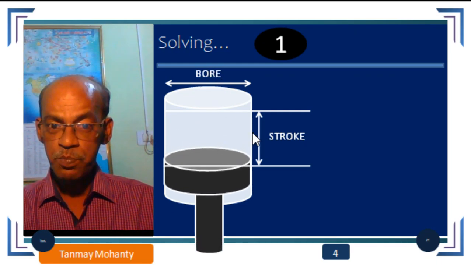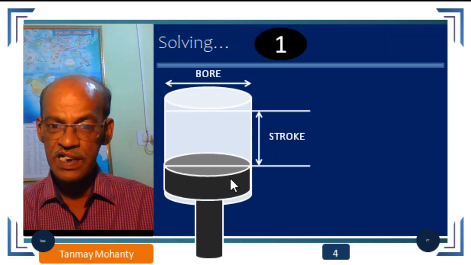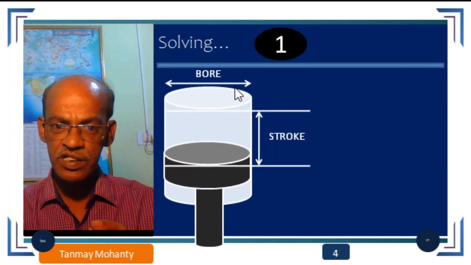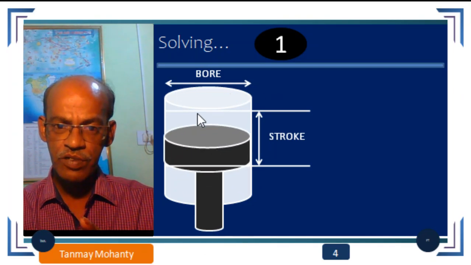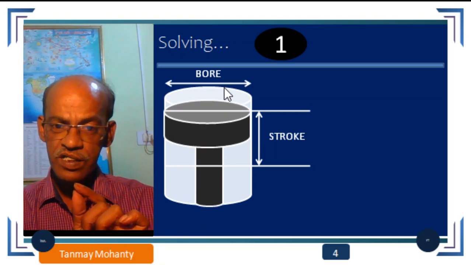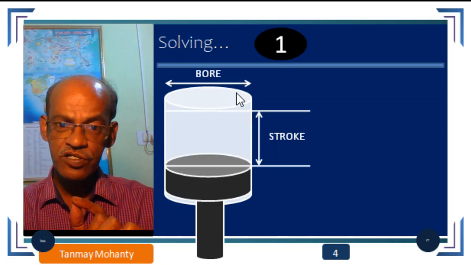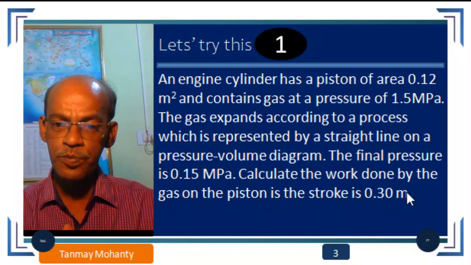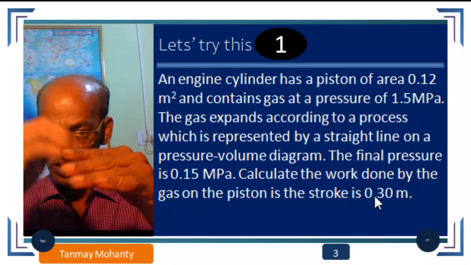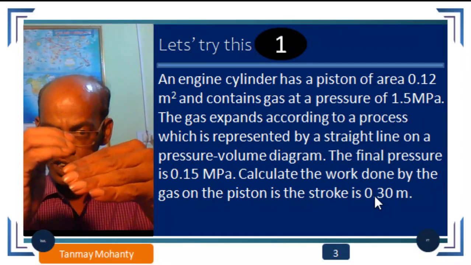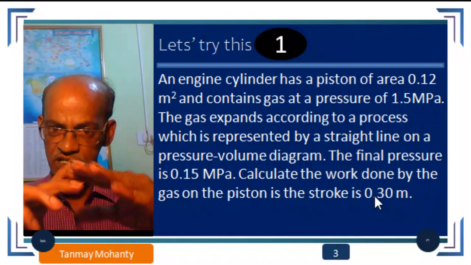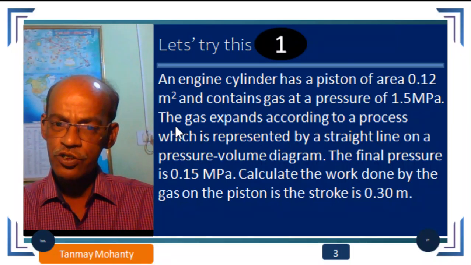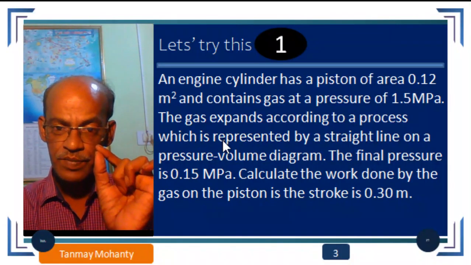Okay. In this particular question, we have been given the entire area of the piston. But mostly in design type of thing, you will be given this diameter, from which you shall be required to find out area. With these notations in mind, let us understand the question again. Here is the question that stroke is 0.30 meter. You have already understood the piston is moving from top of the cylinder to the bottom of the cylinder. The distance it is travelling, that is stroke. And also the question is given that piston area is 0.12 meter square.